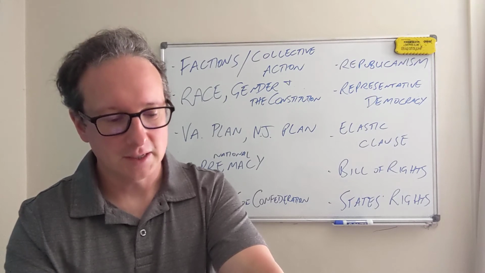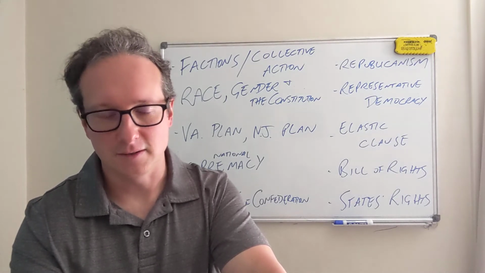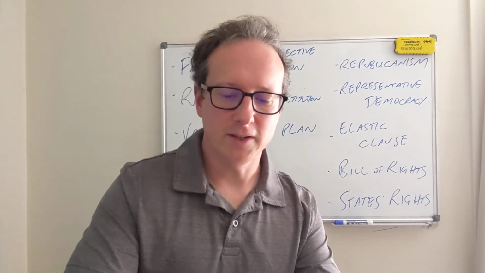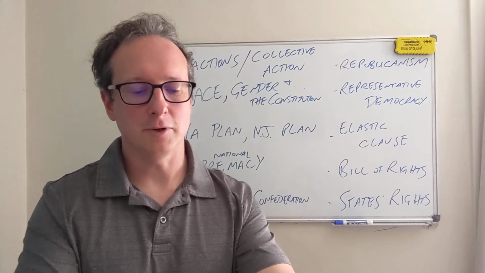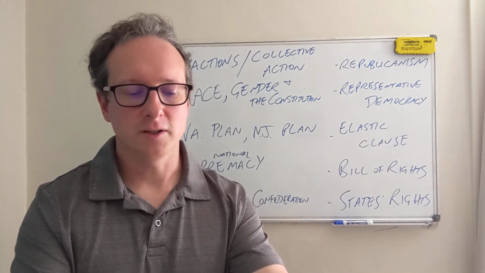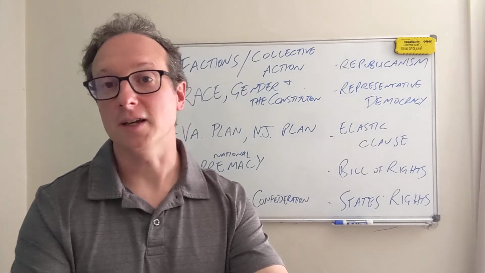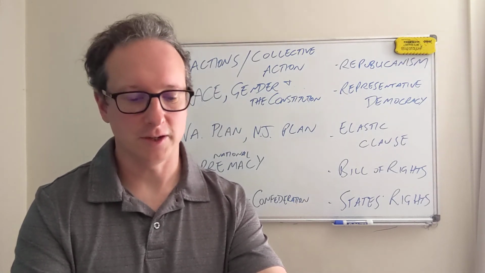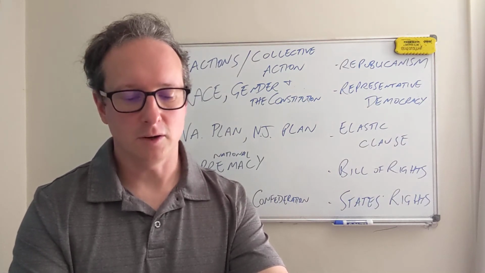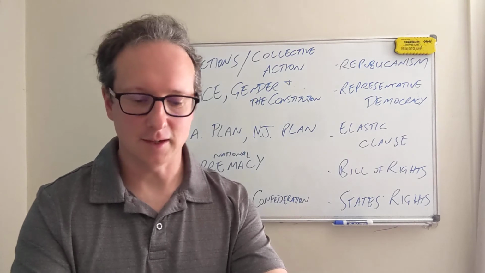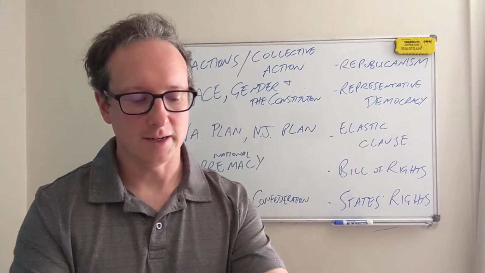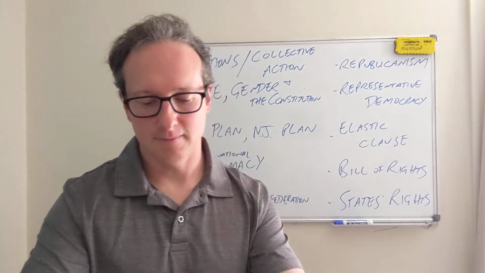So when they met in 1786 to discuss their differences, with Madison in attendance in Annapolis, Maryland, they eventually said there's too many differences and too many problems for us to really fix and resolve here. So why don't we call a new convention whose sole purpose is just to fix and amend the Articles of Confederation? And as Madison called it, the business of May next, when we meet in Philadelphia next May, they got there.